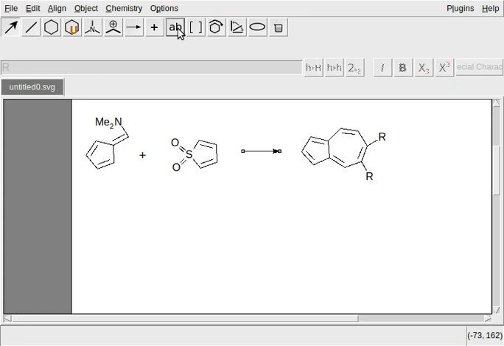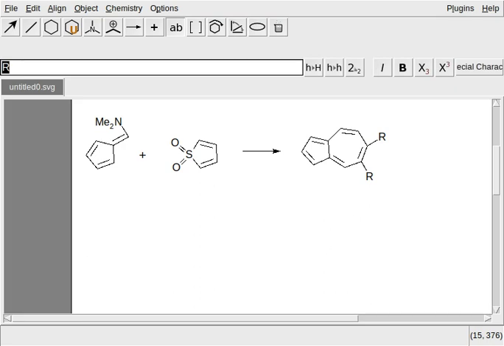Just use the text button. Text, click here where you want the structure to be. Start the structure. CH3COOH. This 3 needs to be subscript, only the 3, not all the numbers. So we need to use this subscript option.